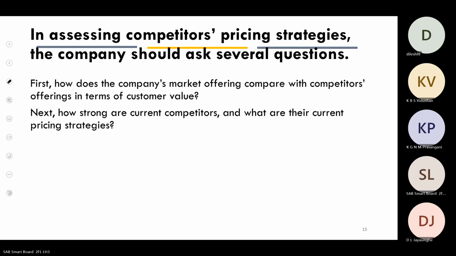If both products are giving similar benefits at a similar price, then how strong are our competitors and what are their current pricing strategies? Let's say we are coming up with a soft drink brand in the market, and we know we have so many big players like Coca-Cola, Pepsi, global giants in the market. In such cases, even if we align our prices with such players' price levels, our products will not be purchased.